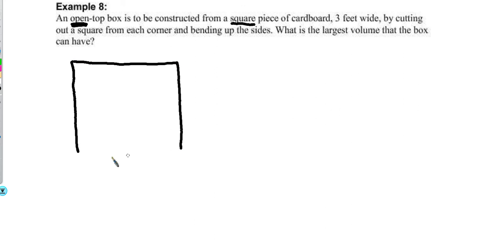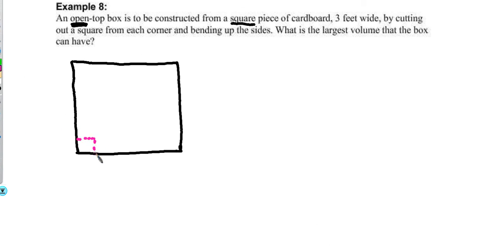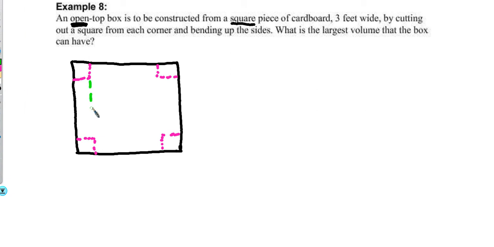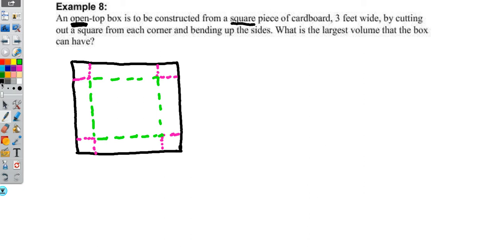I have a square piece of cardboard. I'm going to cut out a square from each corner, and obviously I'm going to cut the same square out from each corner. And then when I do that, see if you can visualize, I am going to then fold it to make the sides. So I want to fold here, I'm going to fold here, here, and here. And after I make that fold, the box that I get